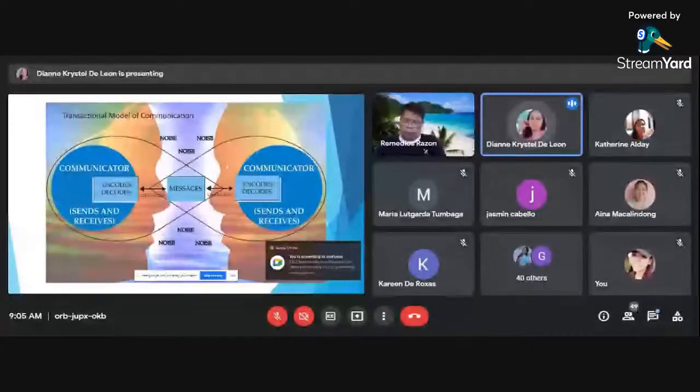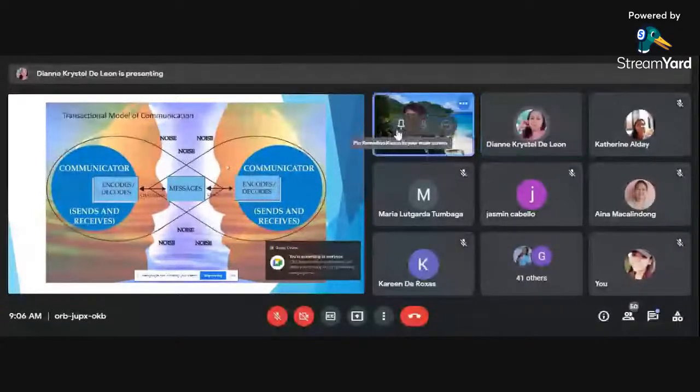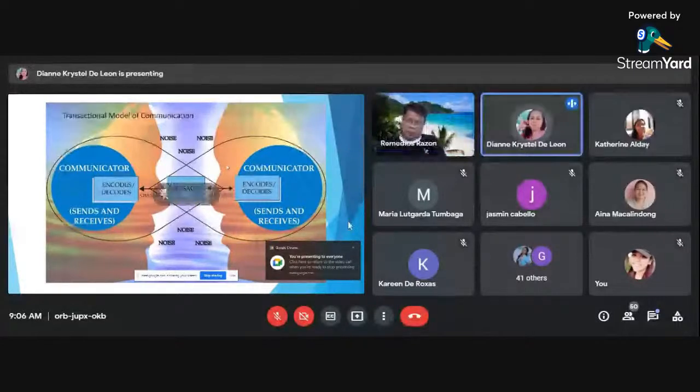So ito po yung transactional communication ay yun po yung general mode of communication na ginagamit natin. So yung everyday talk natin po and interactions is a form of transactional communication. So sabi po dito, hindi po magiging possible ang communication kapag po ang receiver natin ay hindi nakikinig sa ating sender.